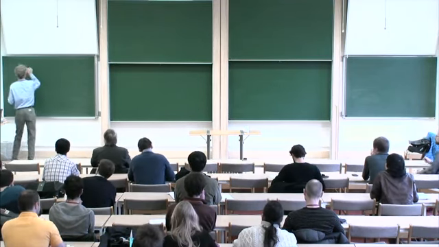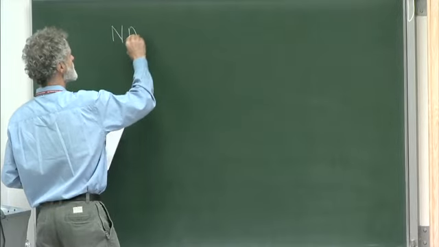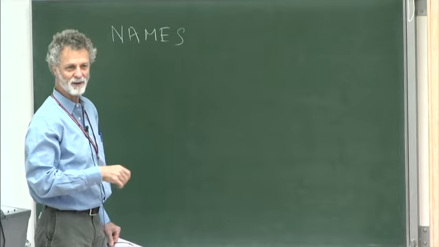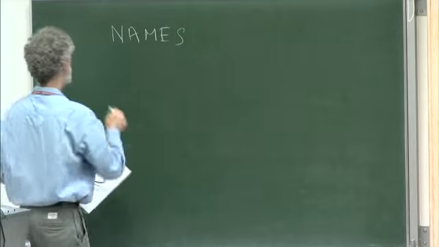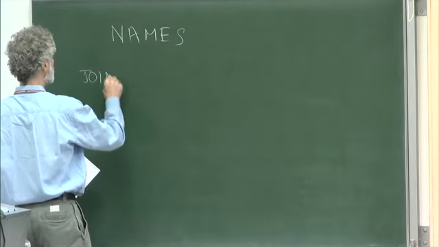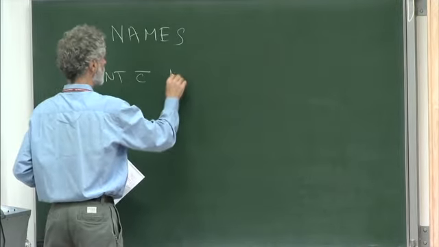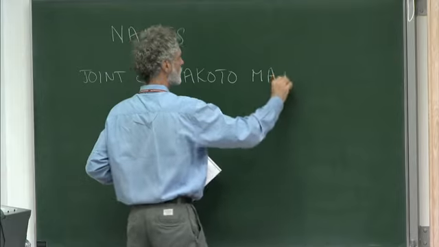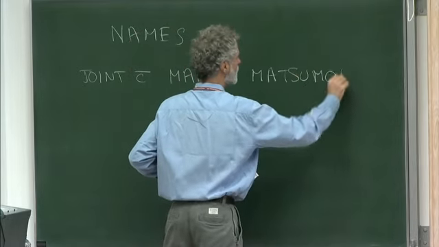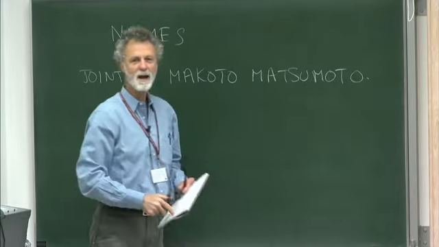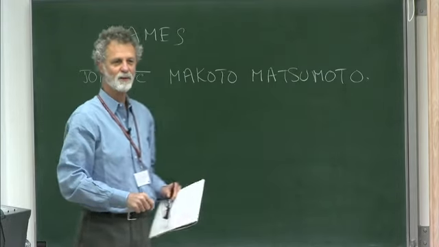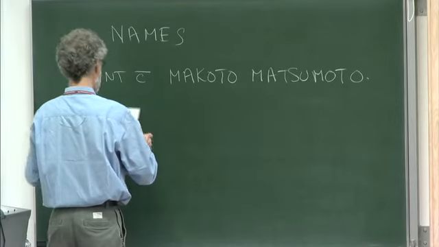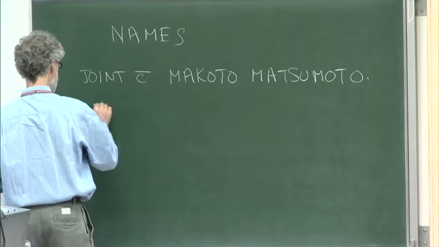So let me just put up some names. One of these is a collaborator, and the rest are inspiration or competitors, whatever. Some of it is joint with Makoto Matsumoto, and we've been very delinquent. We were writing something many years ago, and nothing's moved in 2 years. That's about the elliptic case. Sort of inspiration